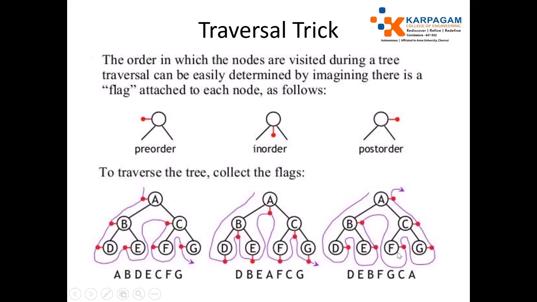So this is a trick, actually, to understand how to perform traversal on a tree, like in-order traversal, pre-order traversal, and post-order traversal. Level traversal is very easy. For example, here, starting from root A, print A, then print B and C, and then print D, E, F, G. You are printing level-wise. That's all. It's very easy.